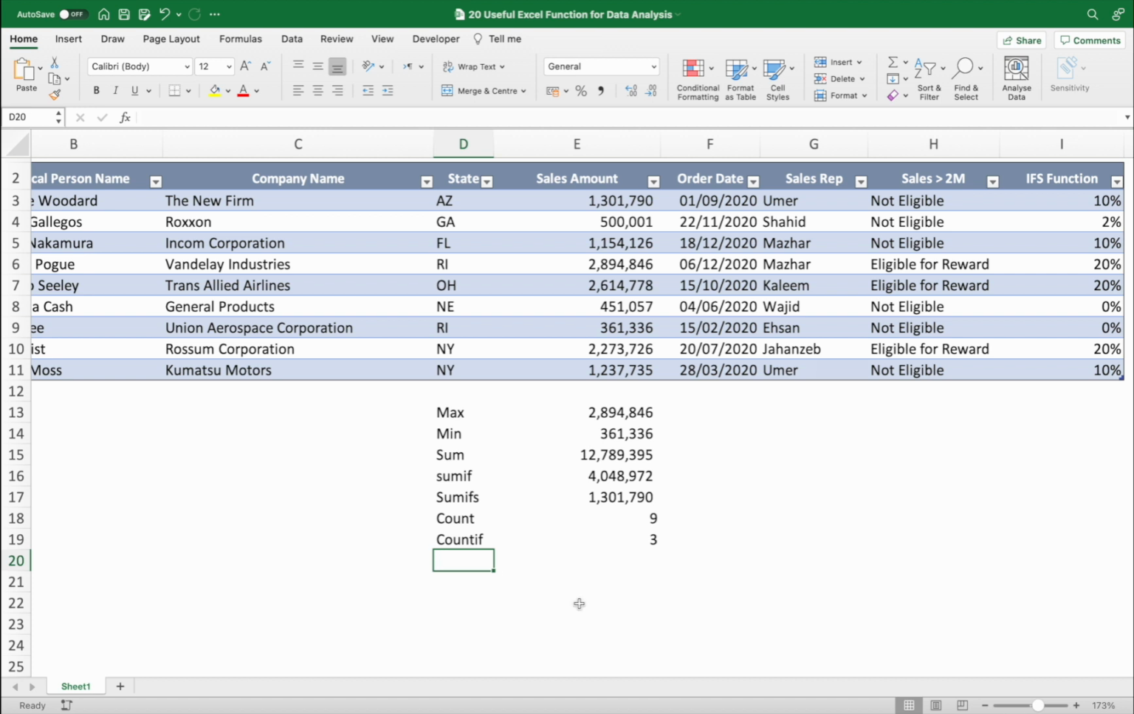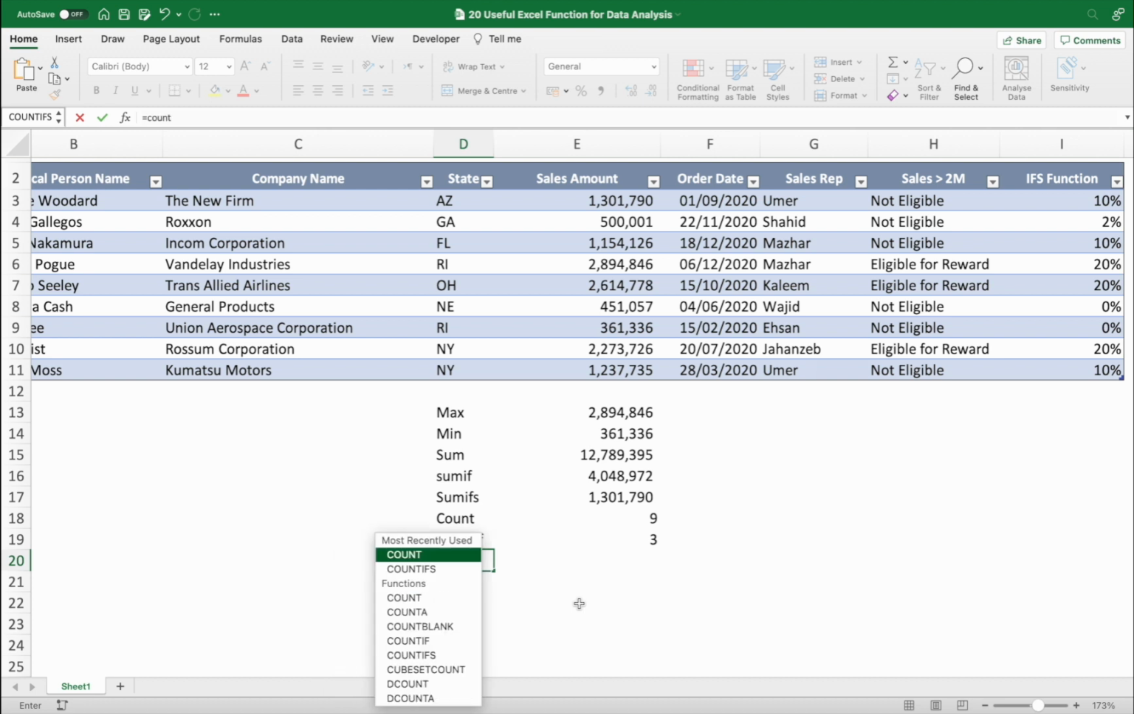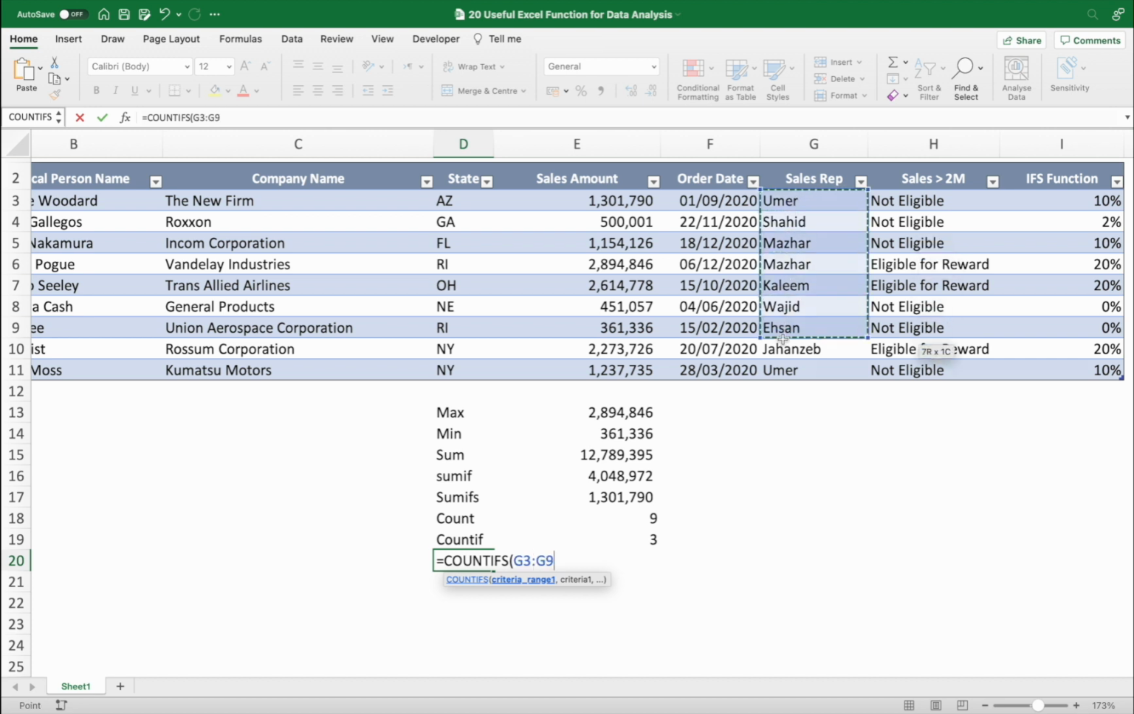Similarly to SUMIFS, COUNTIFS counts multiple conditions, okay. Consider multiple conditions, COUNTIFS. Criteria range, let's suppose we have a criteria range where we have to count Umar, okay, comma, criteria is Umar, comma, criteria range 2, now we will apply where Umar has sales more than 2 million, okay. So we will consider this sales amount column, comma, criteria 2 is double quote, greater than